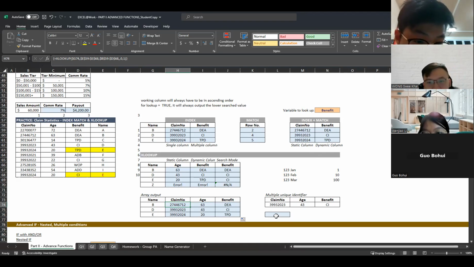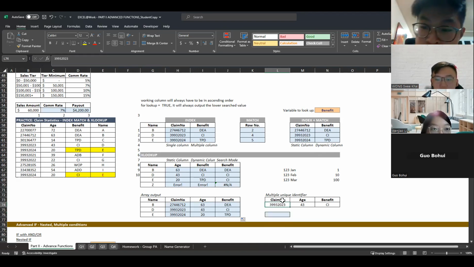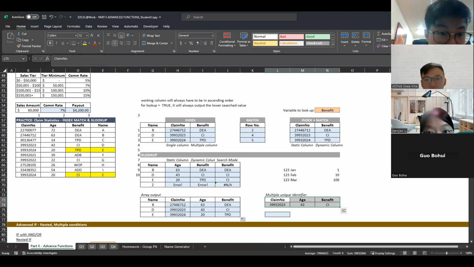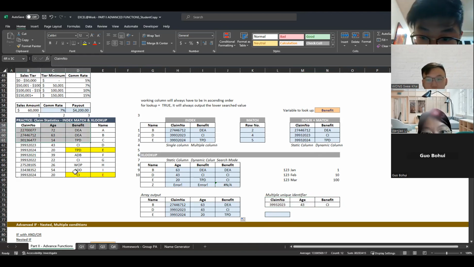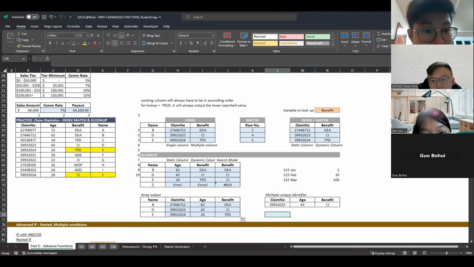Okay. So finally, let's try to do the reverse. Let's say your manager gives you this particular idea. He says, hey, I give you this, can you tell me who is the guy that belongs to this particular thing here? All right. So what do I need to do? I have to search this whole thing to find out who this belongs to. So how do I do this? Let me do an